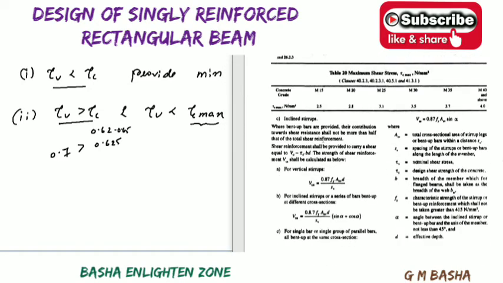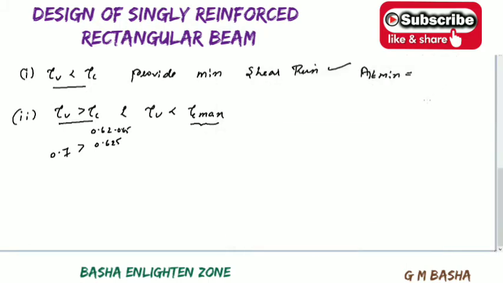So if you see here, this is the table 20. Tau c max for M20 grade will be 2.8. So almost 2.8 will be a very huge value compared to this 0.7 and all. So if the problem satisfies this condition, then at that time you can design the shear reinforcement. Design the shear reinforcement. So based on the formula, that formula will be